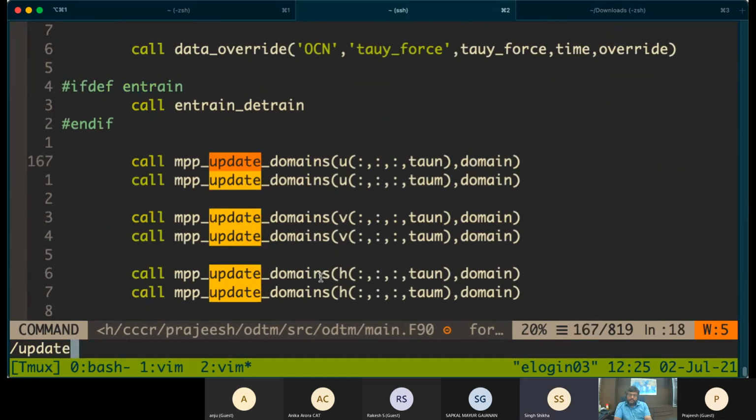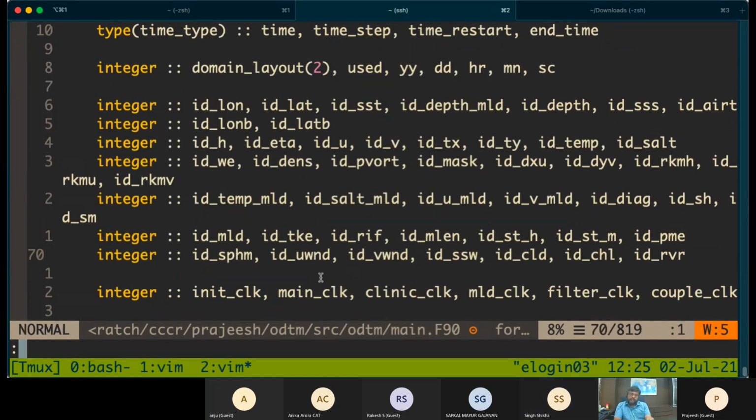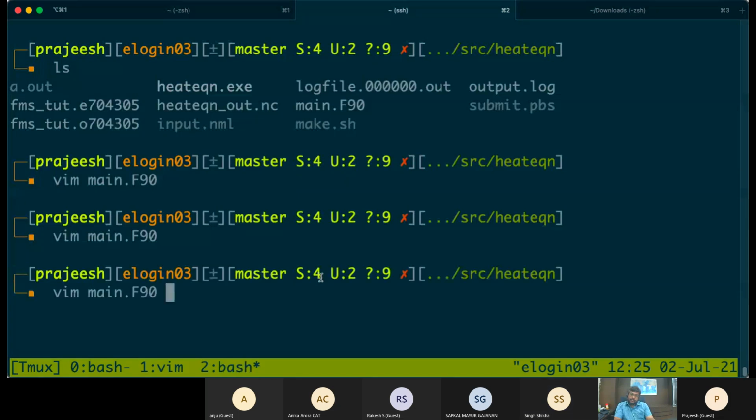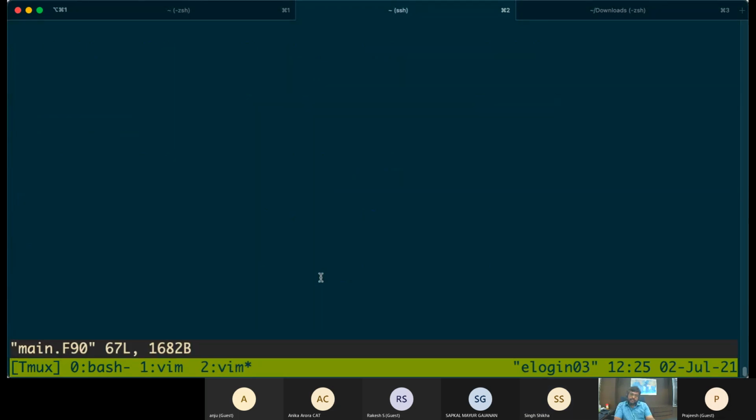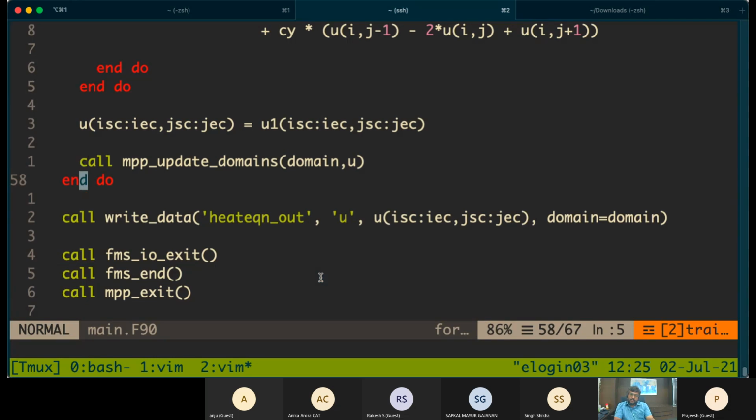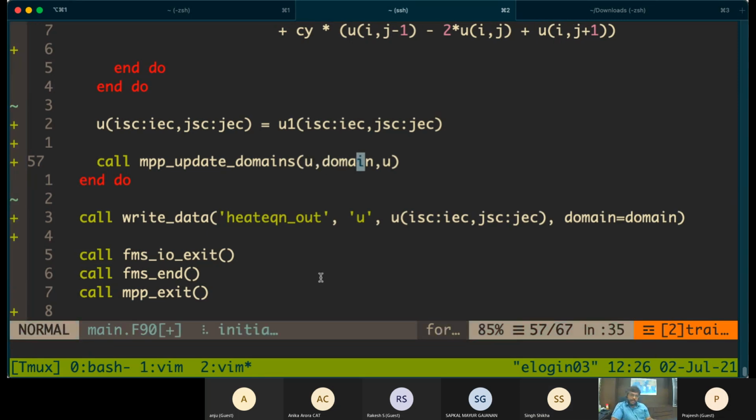This was very useful, actually. One second, there is one mistake I made. The MPP update domain, it's like U comma domain, not domain comma.